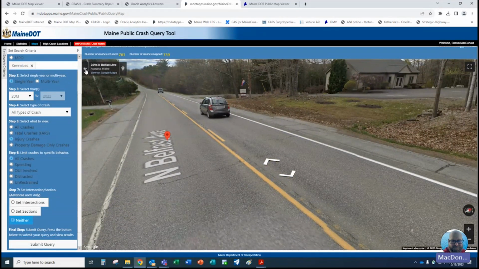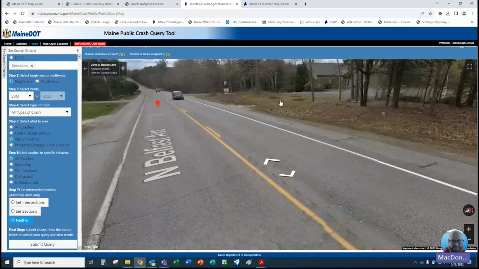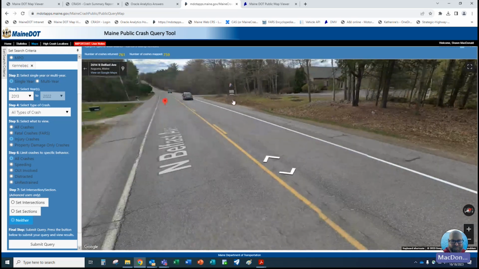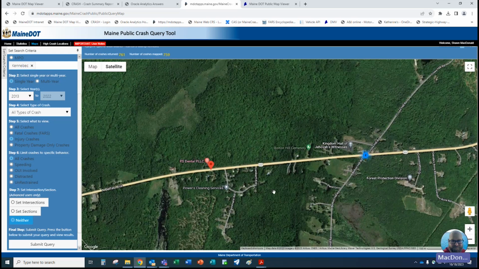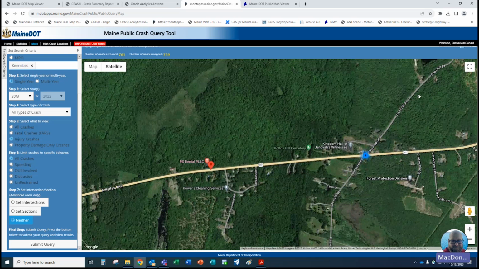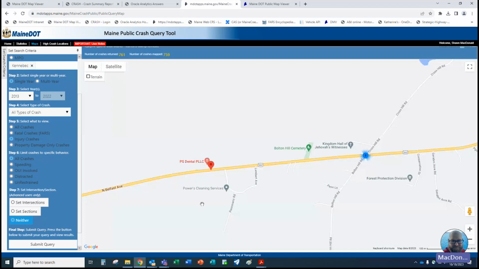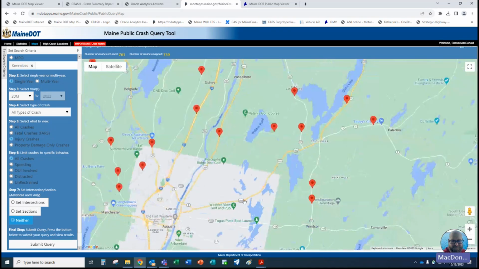And if you got to go back, just click that little arrow right there. I'll show that to you again, just in case, so you don't click right out of the whole thing, because that's what you would think you'd need to do. Just click this little arrow next to that route, and it takes you back to the screen. So those are some of the things that you get when you're looking at this tool. I'm going to turn the satellite back off. I don't typically tend to leave it turned on when I'm doing this.